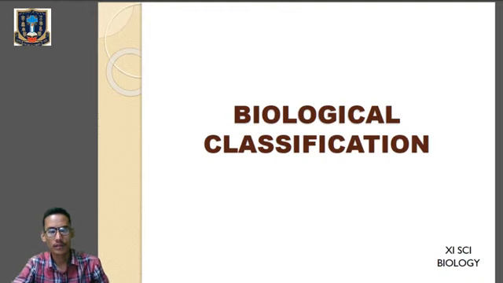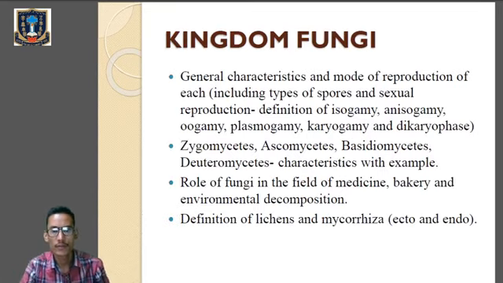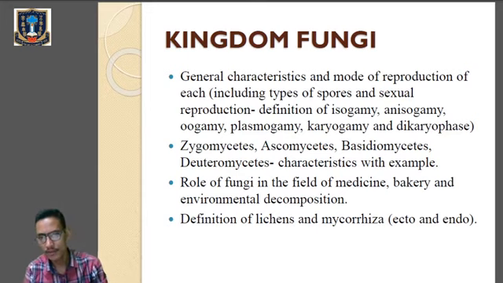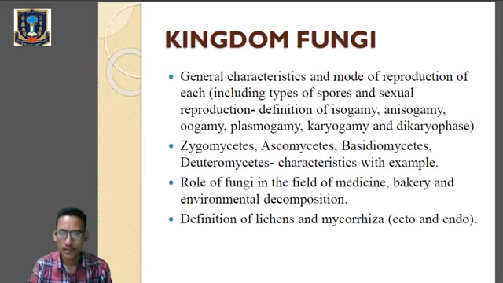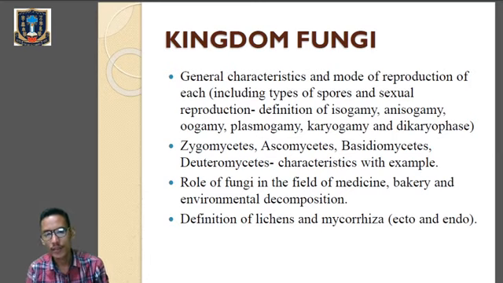Welcome to biology class. In the last class we finished the topic Kingdom Protista. Today we will begin with a new kingdom, that is Kingdom Fungi. Under this kingdom we will learn about general characteristics and mode of reproduction of each, including the type of spores, the sexual reproductions, and under sexual reproductions we will go through the definitions of isogamy, anisogamy, oogamy, plasmogamy,